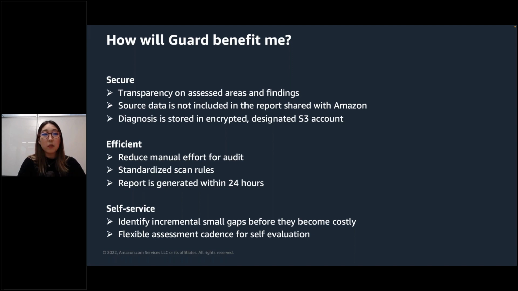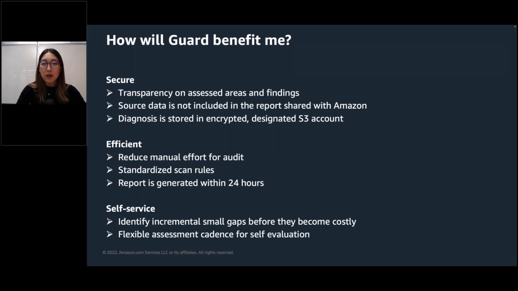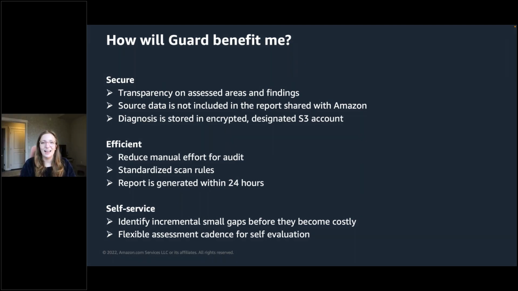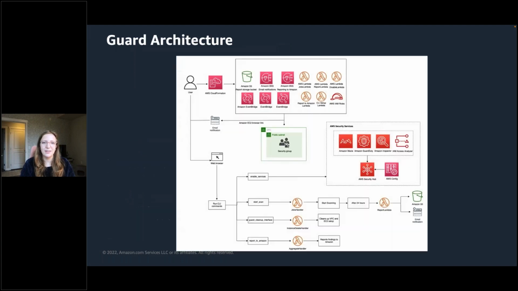Now I'll hand it off to Montana, my colleague, who will be taking you through the Guard architecture diagram and a demonstration of what the experience is when getting started with Guard. And I'm going to ask Montana to hop on to camera. Hey, thanks, Olivia. Hi, everybody. I'm Montana. I'm a software engineer from the team who created Guard, and I'm going to now go over the